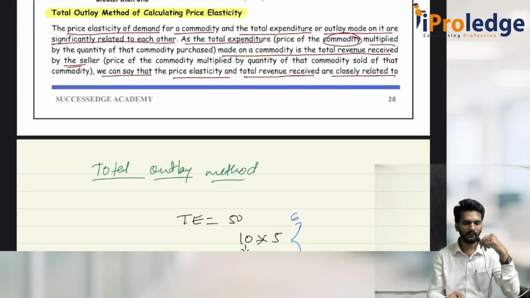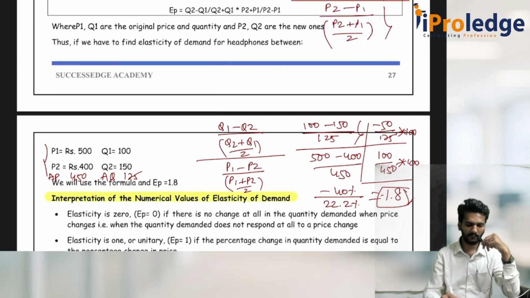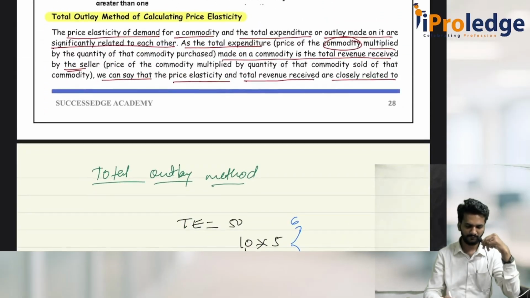Now, one small thing which is left under this price elasticity is this part. Interpretation of numerical values of elasticity of demand. Sir, what do you mean by interpretation of numerical values of elasticity of demand? It is